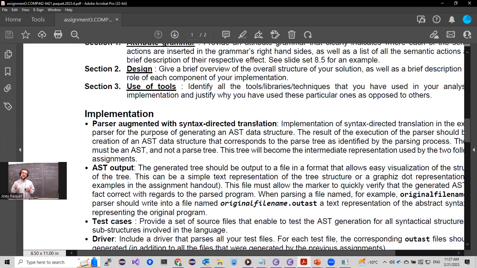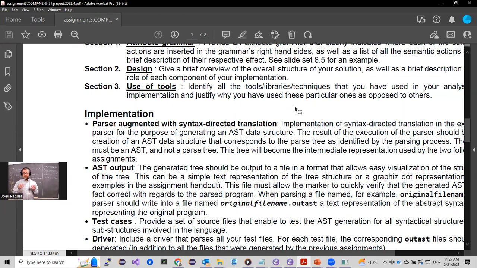Depending on whether you're using a recursive descent predictive parser or a table-driven predictive parser, the procedure is of course different, but both amount to implementing an attribute grammar. That basically means you insert some semantic actions or function calls inside of your right-hand sides